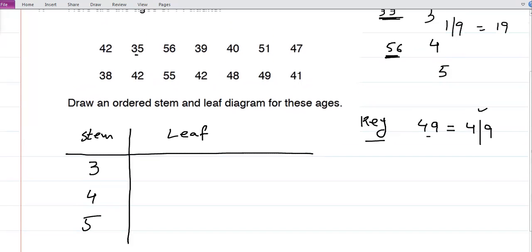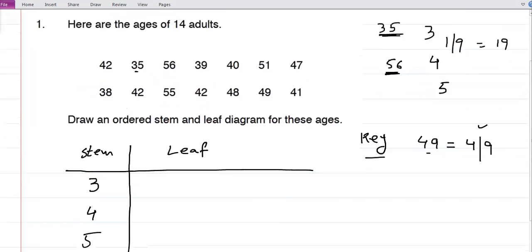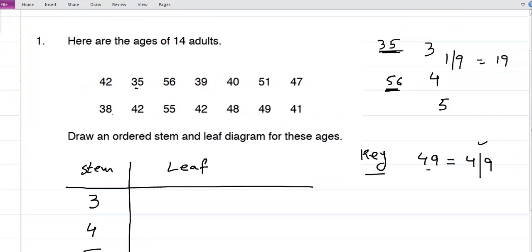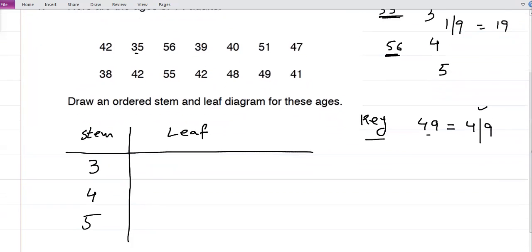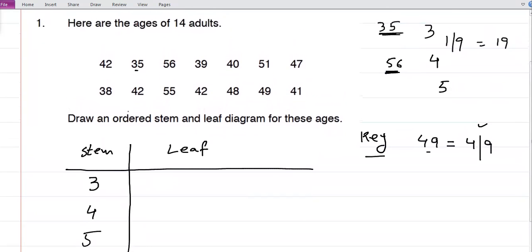So that will be the way to write. First of all, look at the smallest number, write the stem of the smallest number. Look at the largest number, write the stem of the largest number. And between that, check which numbers are there. Like the smallest stem in this case was 3 and the largest stem was 5, so between 3 and 5 we have another number 4. Write that one. Now one by one, I will take the values.